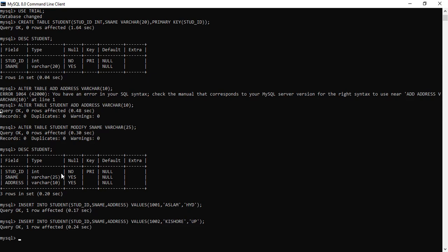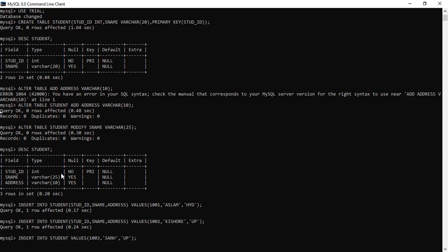The next syntax is here I will not be needing the column names. I am omitting the column names. I will be directly going with the keyword called values and making the modifications as 3. Kishore is already entered.